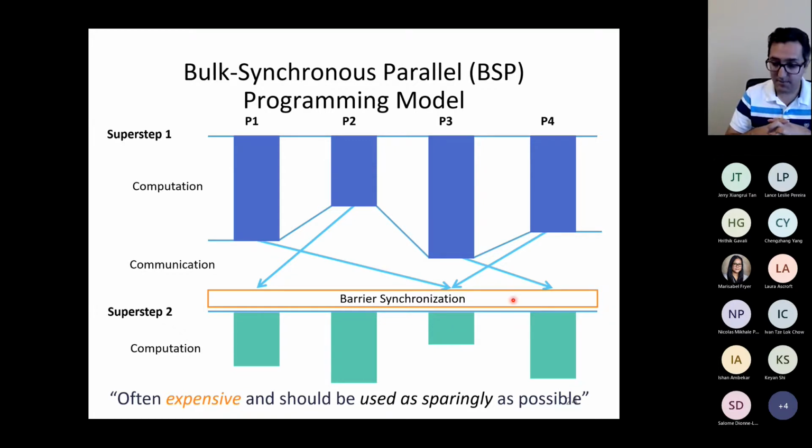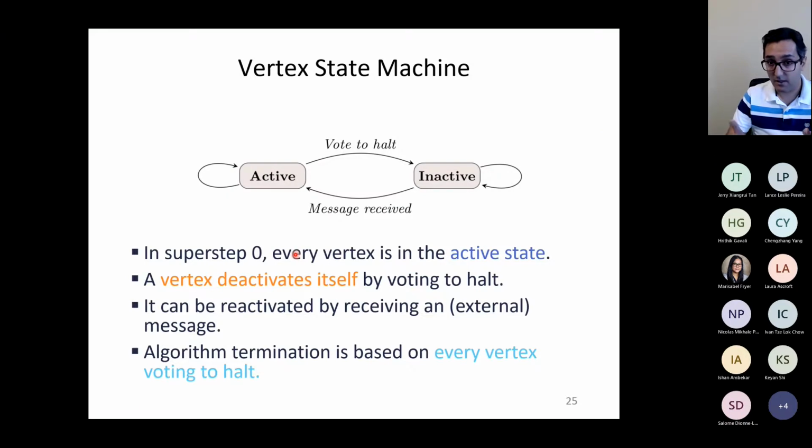As you can imagine, this message exchange is very heavy. It's heavy communication between servers at the end of every superstep. So we have to be careful with this. If Giraph just did this, the performance would not be great. So there's yet another trick that solves the problem for us. Very interesting. It says